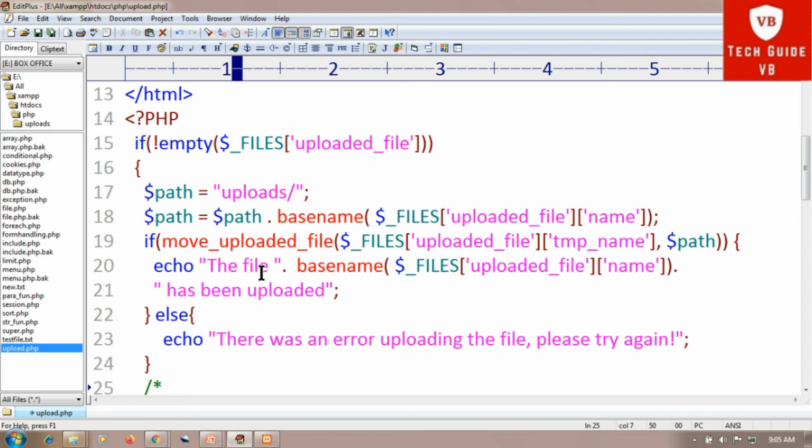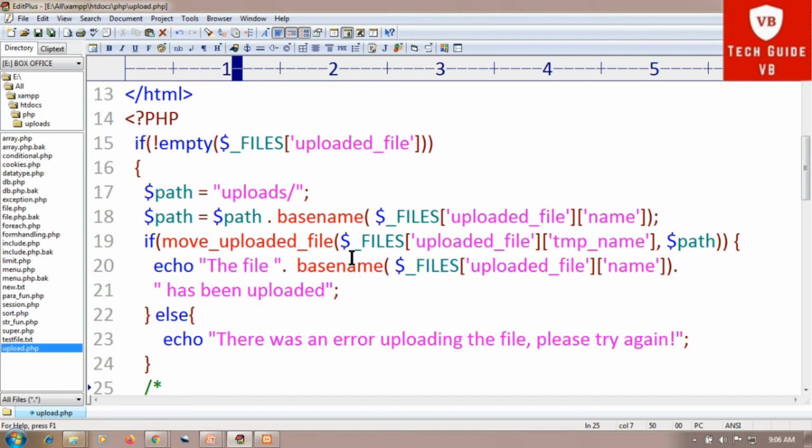Then the $imageFileType holds the file extension of the file in lowercase. Then the next is check if the image file is an actual image or fake image, so this will be done here. Note for you: you will need to create a new directory called uploads in the directory where the upload.php file resides. The uploaded file will be saved there.